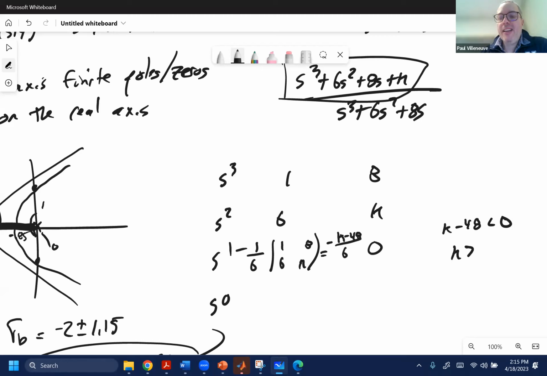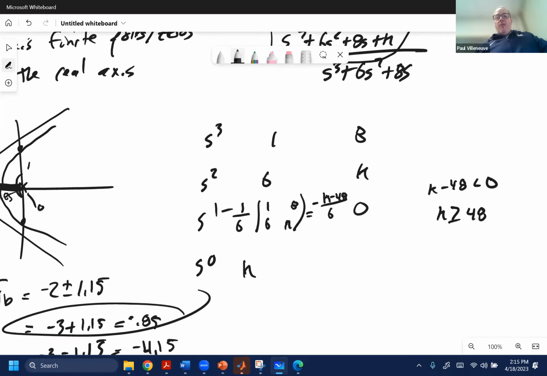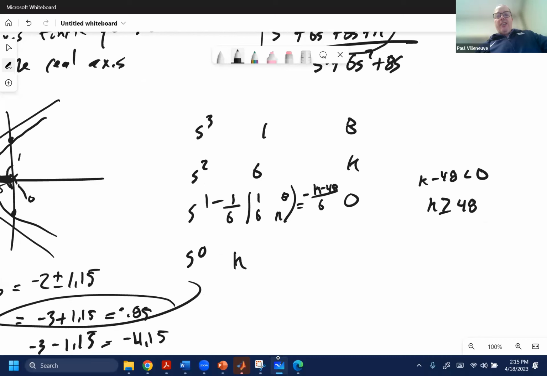So K has to be less than 48 for this to remain a stable system. At this point, we know that this is going to be equal to K. We don't have to do the work. So our Routh-Hurwitz says, if we want this to be a row of zeros, K has to be equal to 48. And then we use this auxiliary equation, 6s squared plus 48